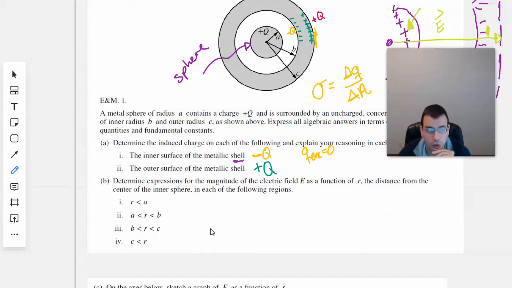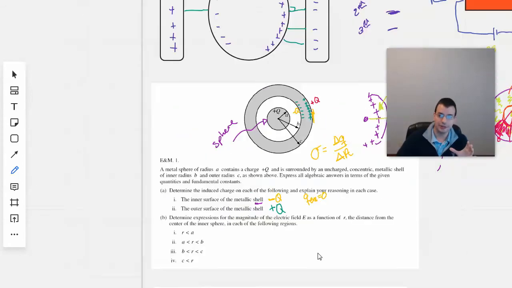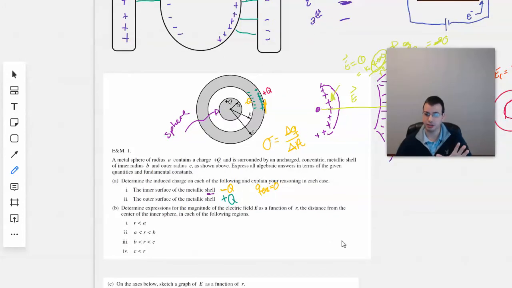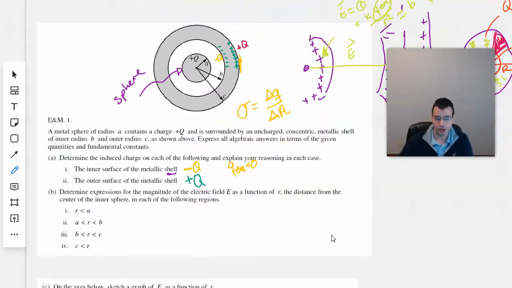So, we know the electric field inside a conductor is 0. So we're going to go with that. And when we look at it from the outside, all we're going to see from the net charge is the charges that we had from the sphere in the middle. So if we go really far away, it's going to look as if we have charges of plus Q. So the equation we're going to have for the electric field is